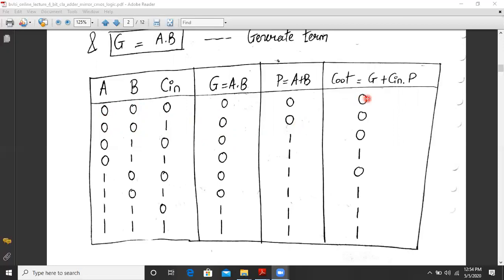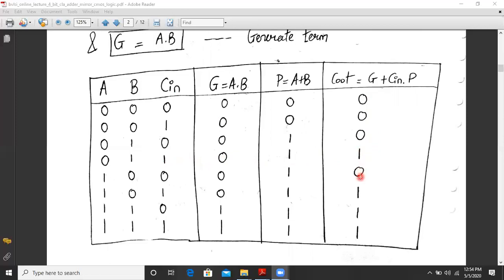Now let us check the Cout expression. Cout will be logic 1 if G is 1, or Cin and P are 1. For the first three conditions, the Cout term is 0. In this condition we have Cin equal to 1 and P equal to 1, so Cout will be equal to 1.